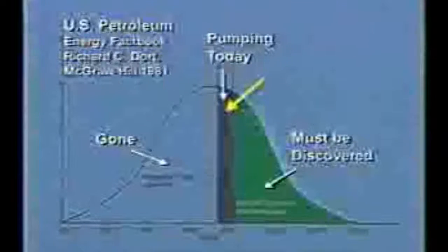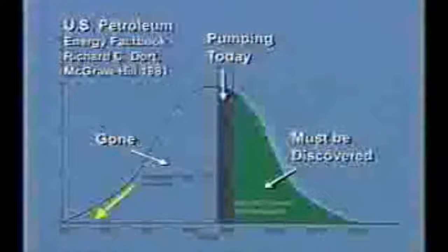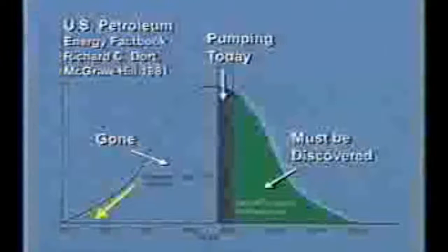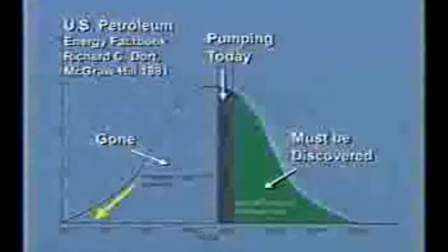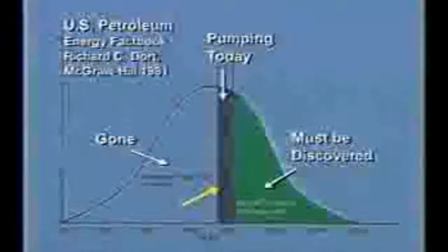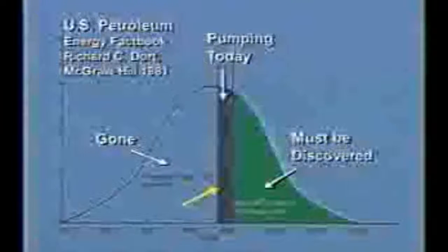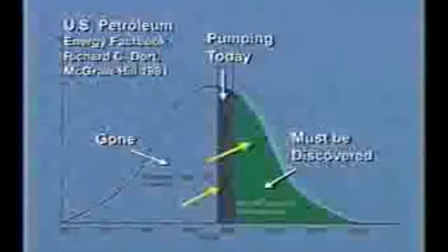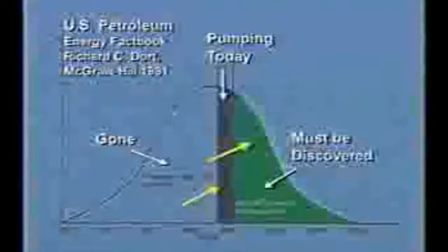This band of discovered oil 100 years ago was way over in here someplace. At that point, they had no idea how much oil was undiscovered. So they just took the discovered oil, divided by how rapidly it was then being consumed, and came up with 25 years. Now, it's clear you have to make a new calculation every time you make a new discovery. We're not asking today how long the discovered oil will last. We're asking about the discovered and the undiscovered. We're now asking about the rest of the oil.